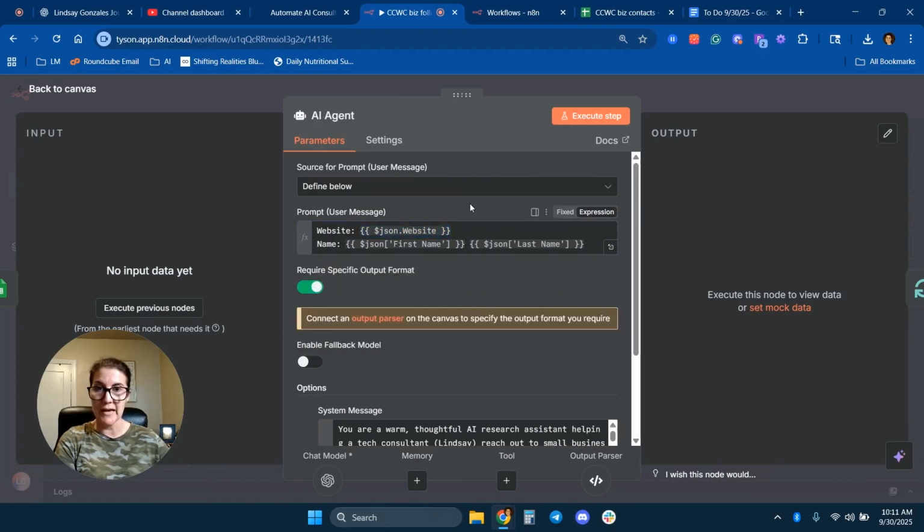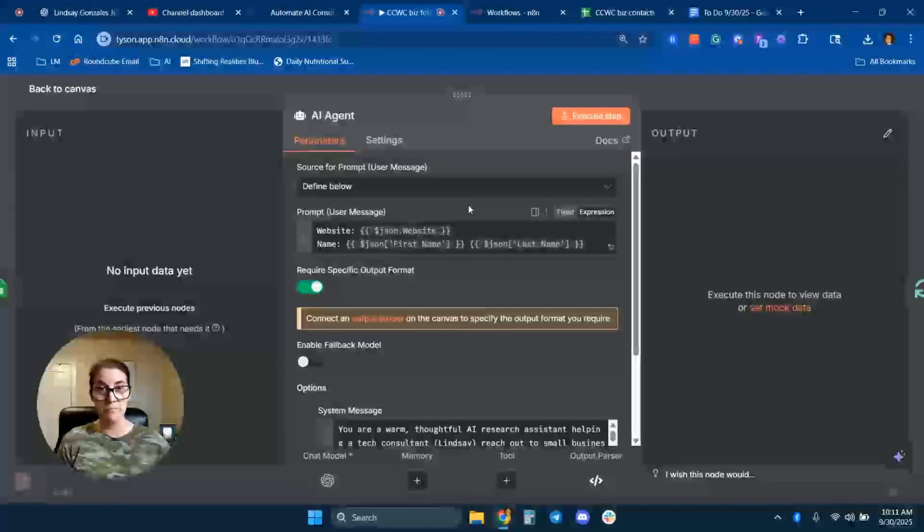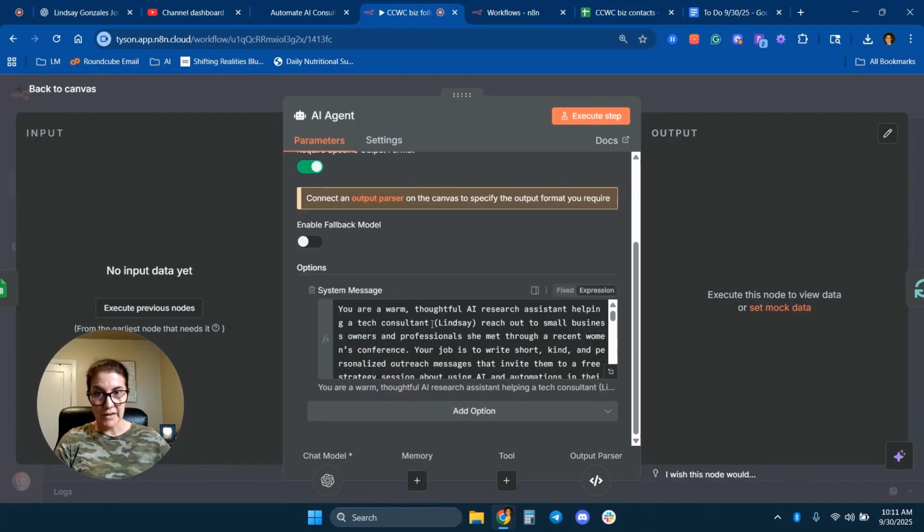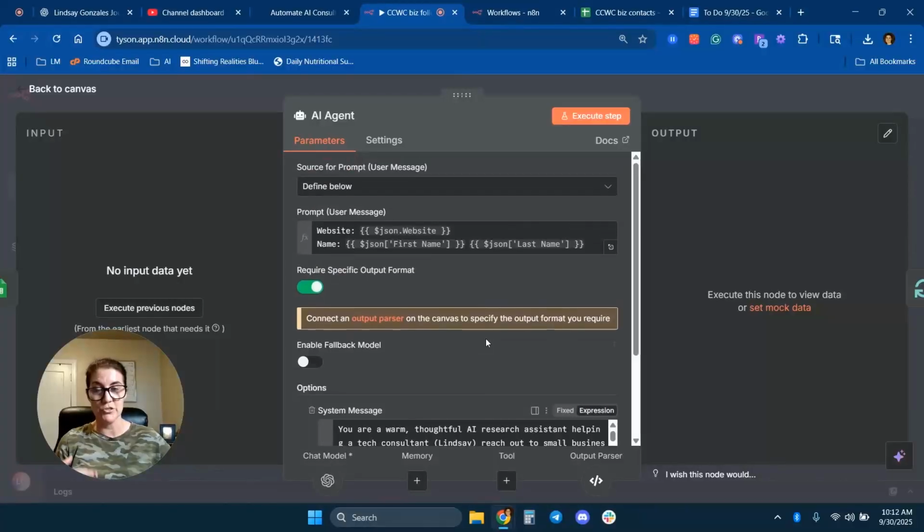So their first and last name, in case they're a well-known person that there's information about publicly available that the chat model will have been trained on. And then I have my very thorough system instructions, which are instructing it to draft an email, and I'll share the exact details of that later on. But basically, it's going to create an email that gives specific use cases of AI and automation for that business,